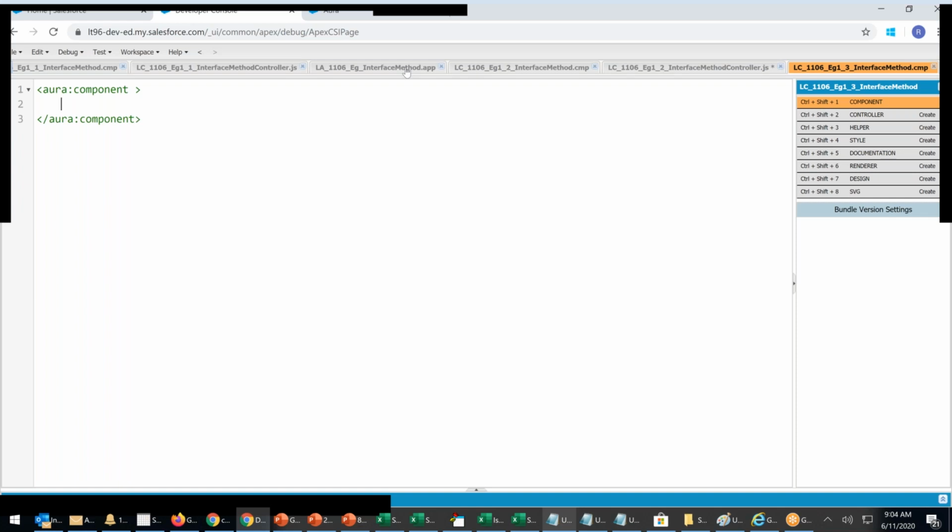In the interface, I have a method. On that method, I can go ahead and pass the value. In the third one, I'll be displaying the value. First one, ignore it. Second one, input. Third component, display.